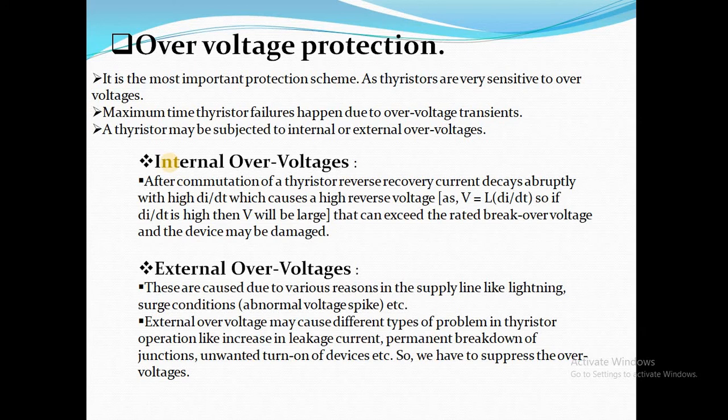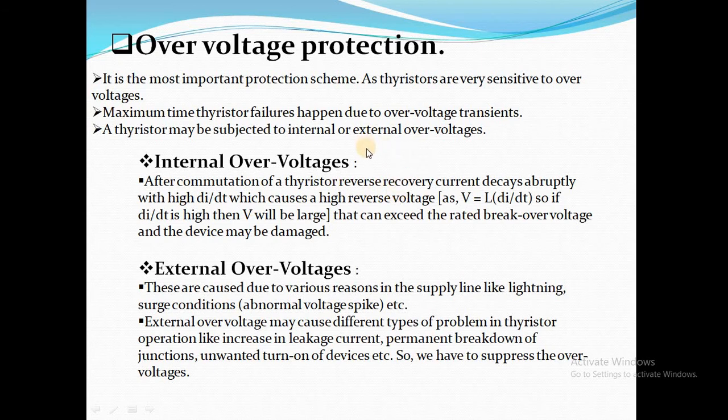When a thyristor is used in conduction mode in any circuit, and we need to turn off that thyristor, then we directly switch off the supply or we apply the reverse voltage. That process is known as commutation. So commutation means it is a process to make the SCR turn off. Making a conducting SCR turn off is called commutation. When commutation is achieved, the thyristor faces the reverse voltage.